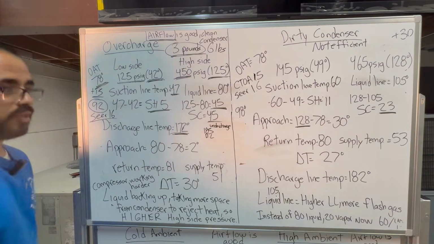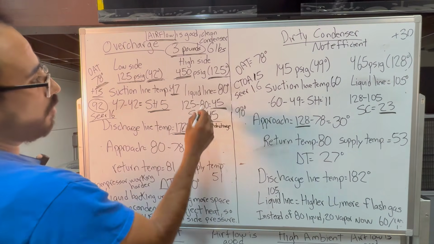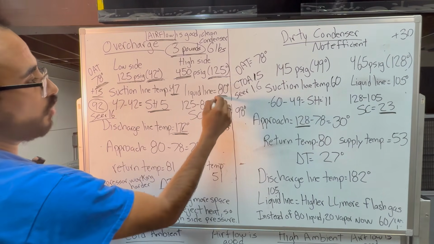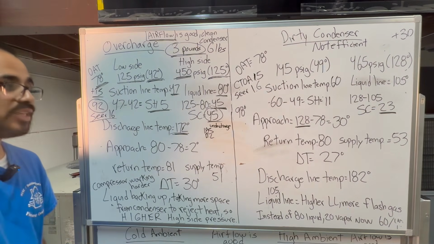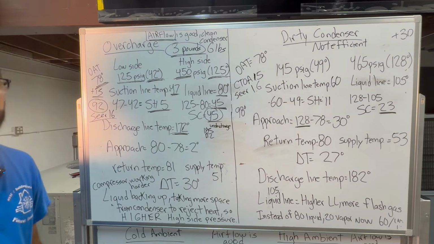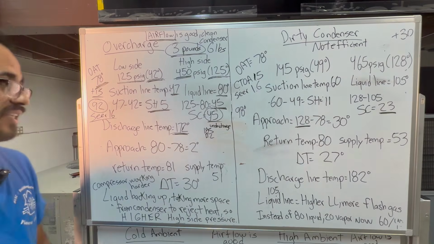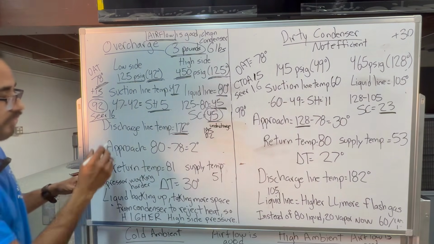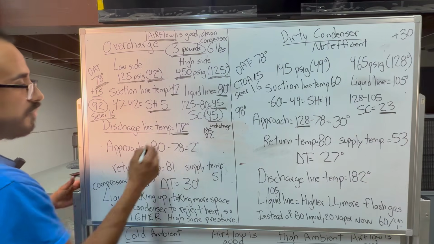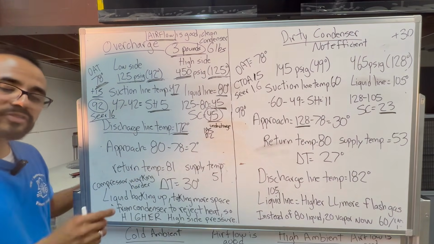But this is the key right here. This is it right here. Condensing temperature minus your liquid line, which is 80. My subcooling was 45 degrees. 45. That is high. And let's go over some other stuff. Discharge line temperature was 172. I know I didn't mention this in the previous